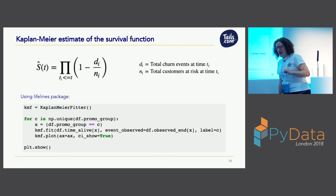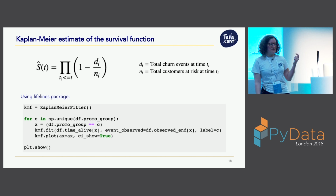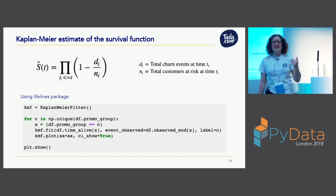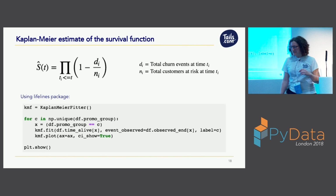Okay, so how do we do the modeling? As I said before, what we care about is this quantity S(t), the survival function for a customer, the probability that they're still a customer at day t. And we can't, in practice, just know this function because of our censored data. So instead, what you can do to estimate it is use a Kaplan-Meier estimate of the function, which is essentially built up as a product of